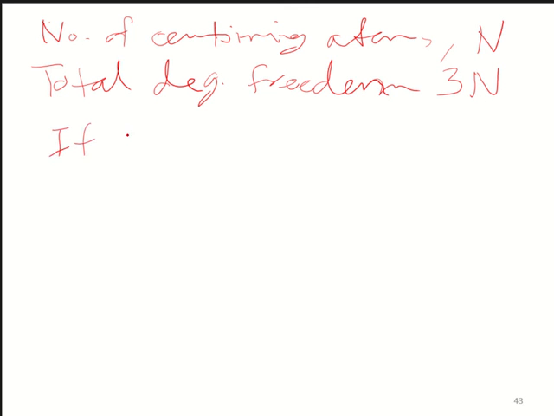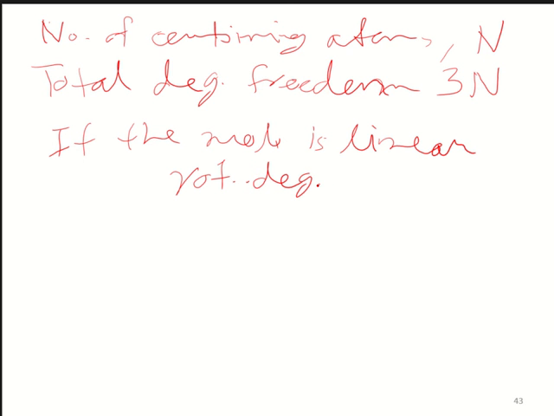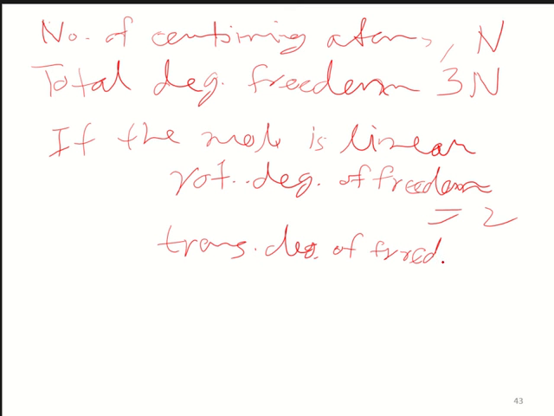If the molecule is linear, then the number of rotational degrees of freedom is 2, ठीक है। ट्रांसलेशनल डिग्री ऑफ फ्रीडम, वो तो हमेशा 3 ही रहेगा, ट्रांसलेशनल वाला तो 3 ही रहेगा, तो पहले ही बताया था।